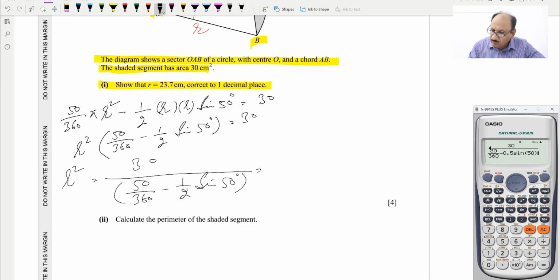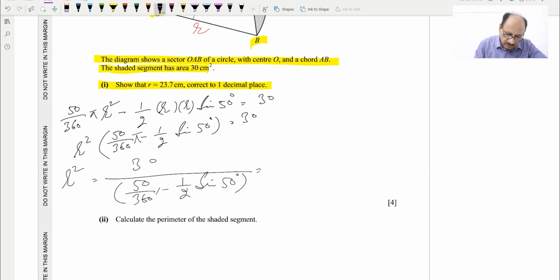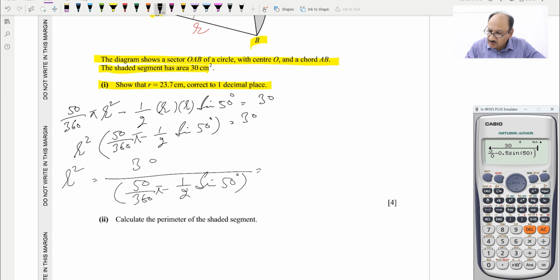Basically we have made some mistake. This should be 50 over 360 pi. We missed pi, and pi should be over here, pi here and pi here. If we insert pi over here, 360, and here it should be pi,